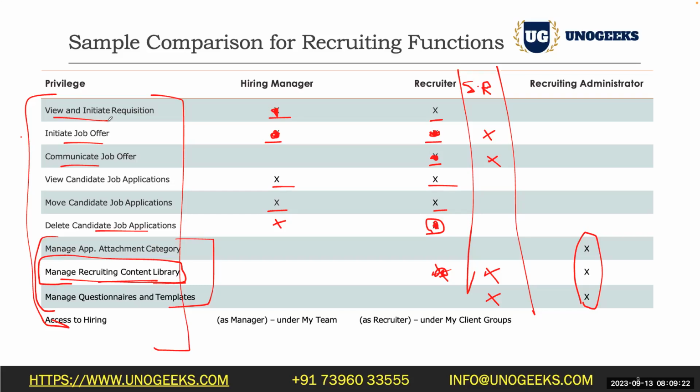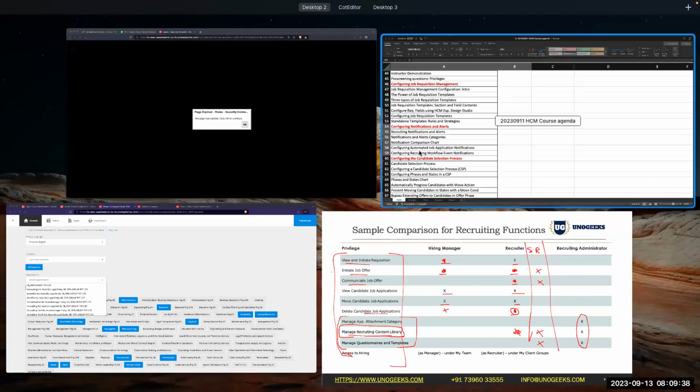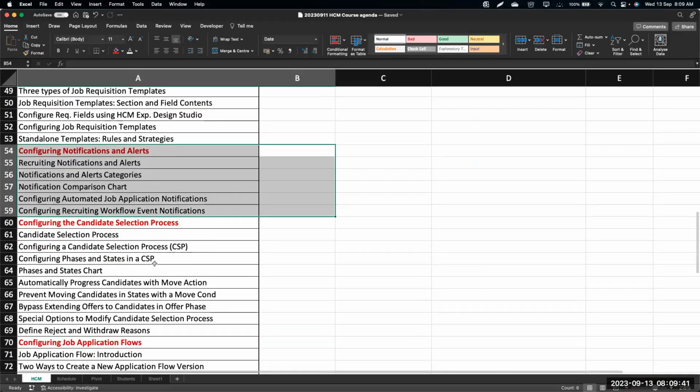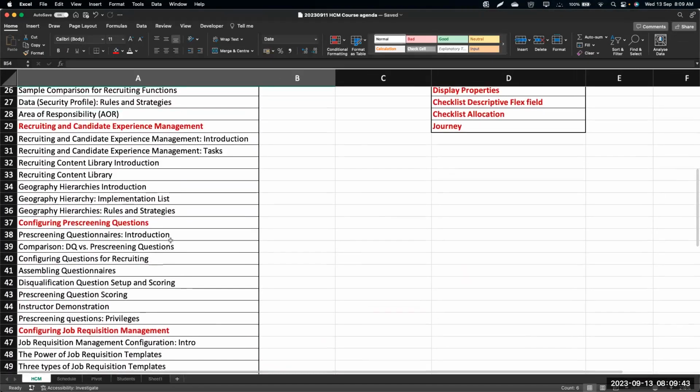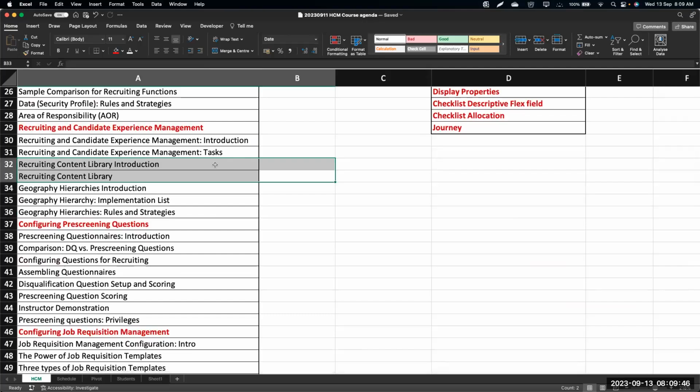Ravi, what exactly does the content library comprise of? We will be seeing the content library in detail, but just to give you an idea, this is a placeholder where we create and save all the communication contents which will be used to send to the candidates.